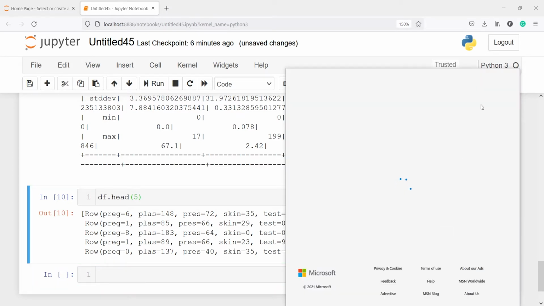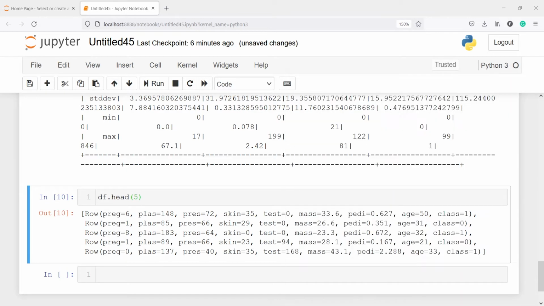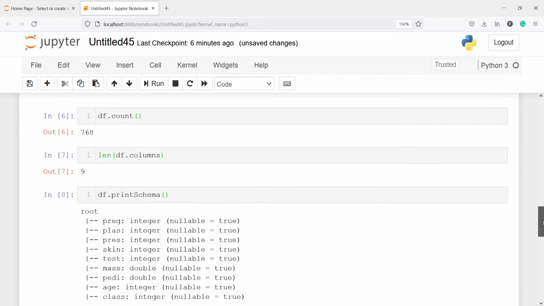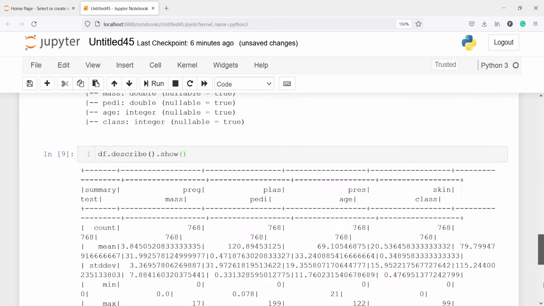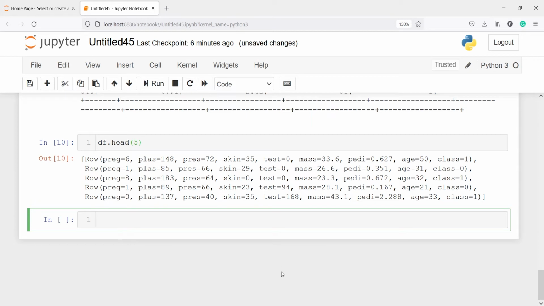Next we can also see how many zeros and ones are present in our target variable class. We are doing EDA, exploring the data frame. I will write df.groupBy, and we want to group by class, and then we want to count.show.